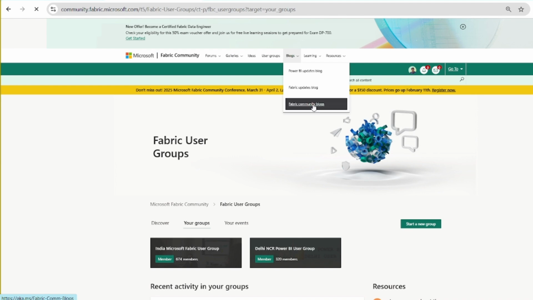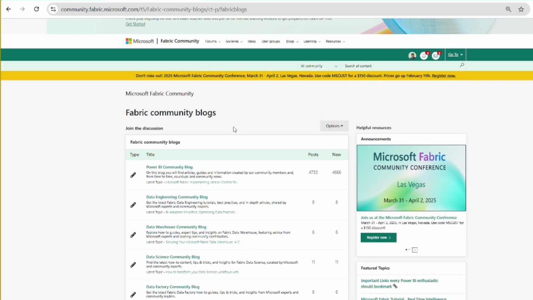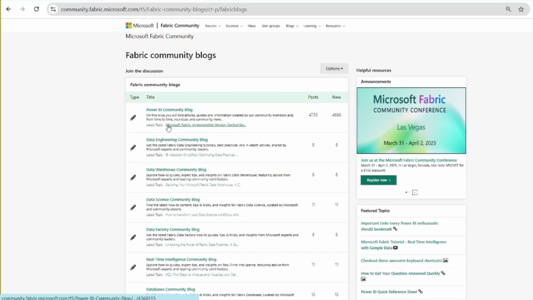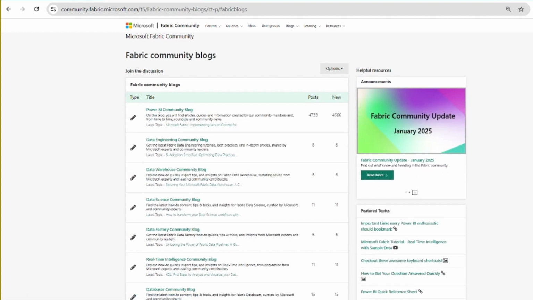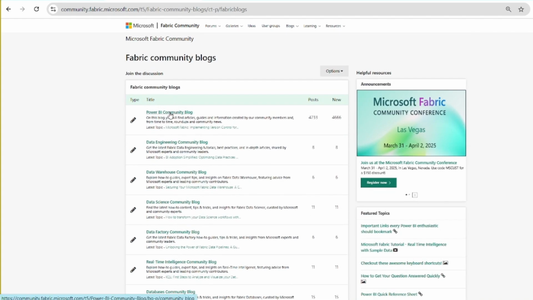So Fabric community blogs is a section where you can contribute your blogs. Again, within the Fabric community blog, there are various subsections. You can contribute blogs for Power BI, for data engineering, for data warehouse, data science, and many more. So let's go to Power BI community blog,